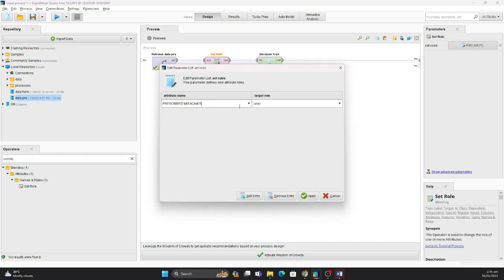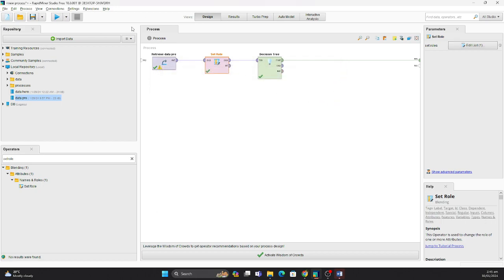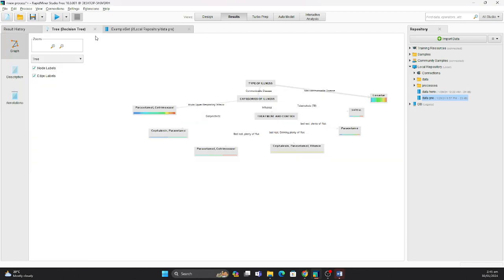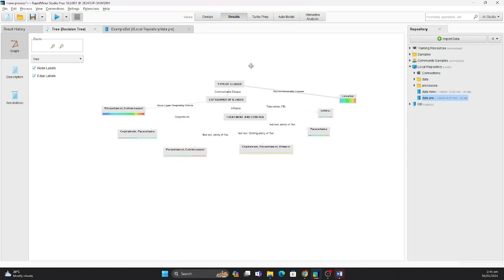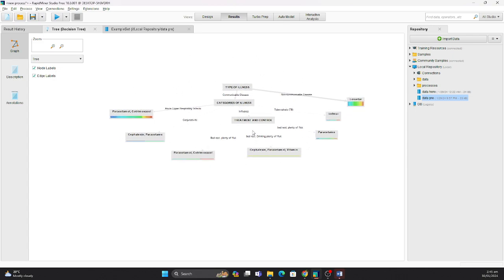I chose prescribed medicine for this occasion, and the target role is label. If we run this, it will show us the decision tree with the basis of prescribed medicines.